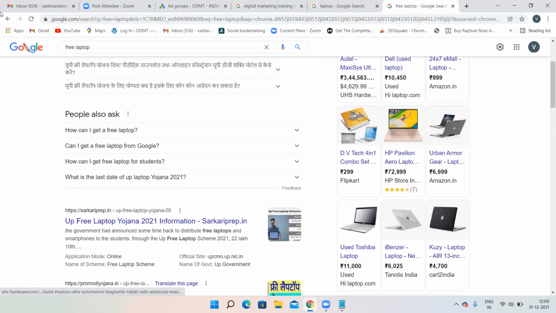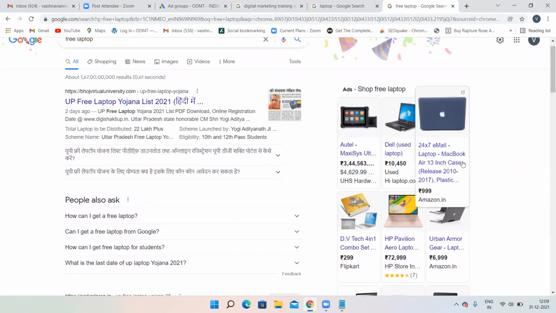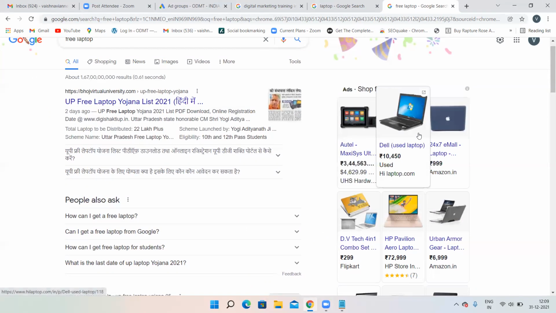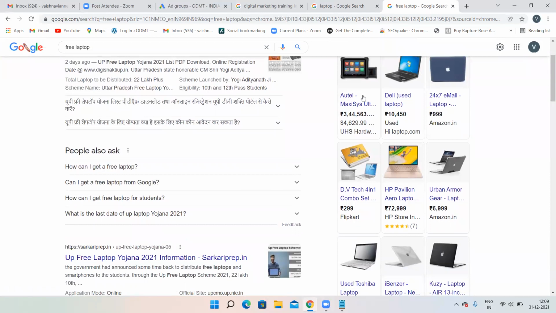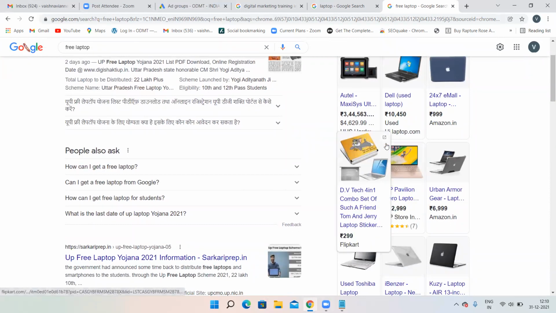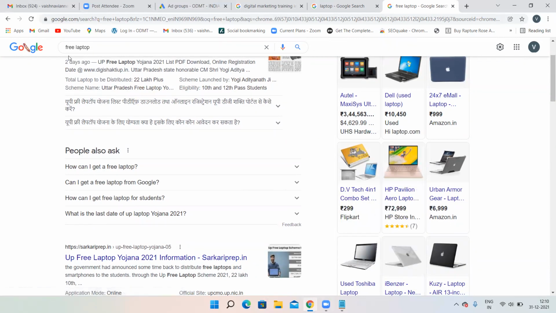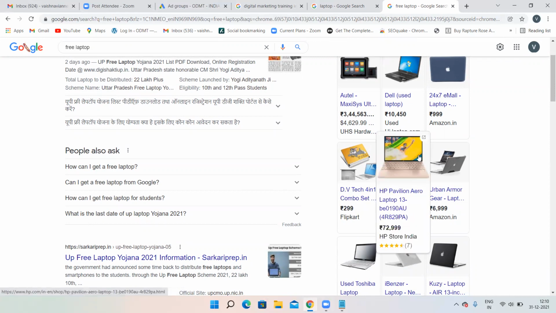No. But still their ad is appearing for the keyword free laptop. My intention is to get a laptop for free, but these people are not providing laptops for free, and still their ads are appearing. That means an irrelevant keyword. There is no link between this particular product and the keyword free laptop, but still the ad is appearing.